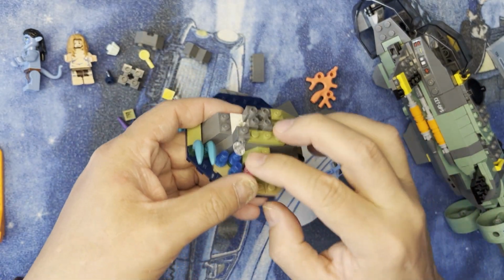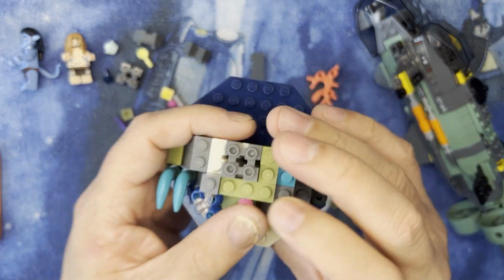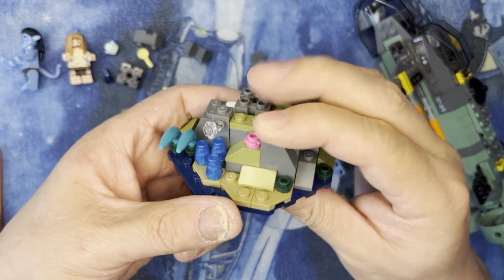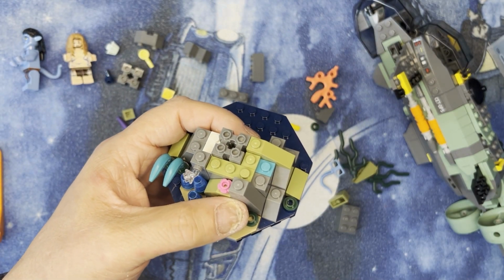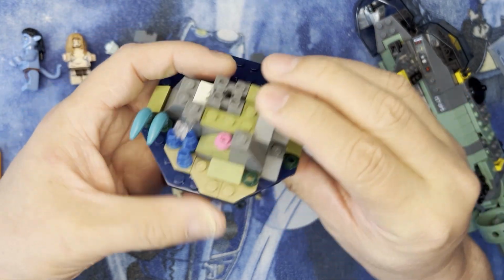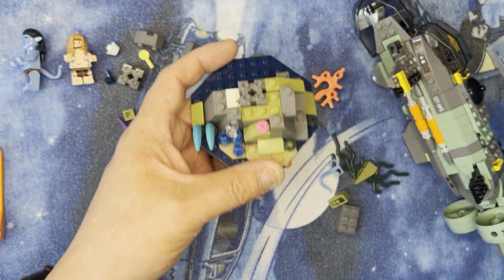Okay, so this is gonna be a pink flower. Like I said, I can drop things all the time, but there's a pink flower there. And then I need that one. And then a shorter one that goes there. And like I said, we just keep building all the way up. So this eventually will have a lot of detail on it. It's just going to take